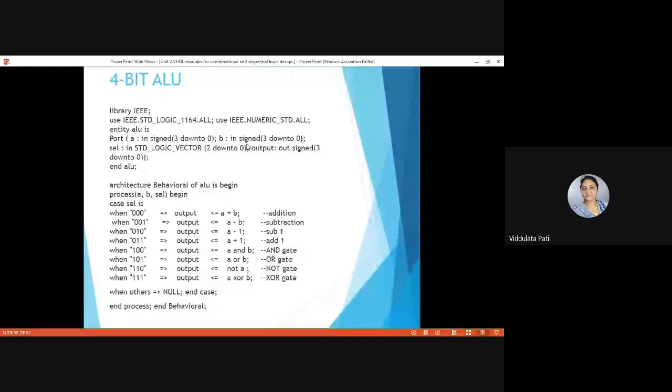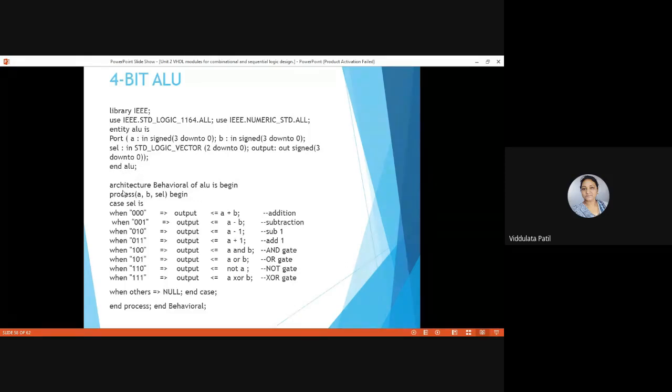So we have mentioned the type signed, and the range is 3 down to 0. Now we are going to end this entity, which has the name ALU. So end ALU and semicolon.